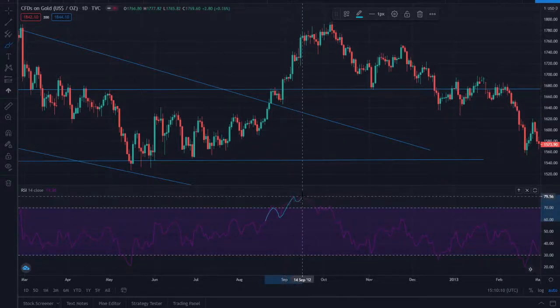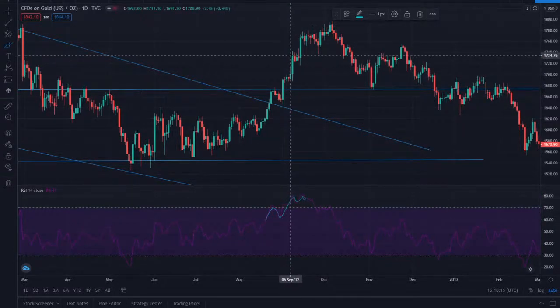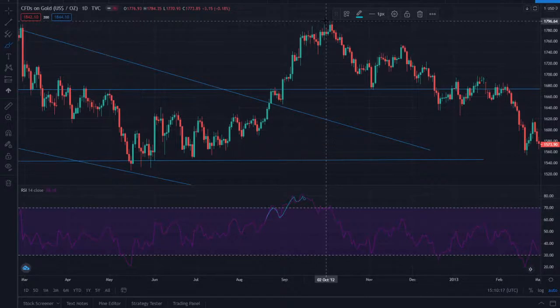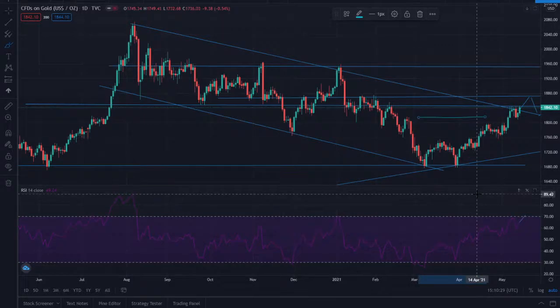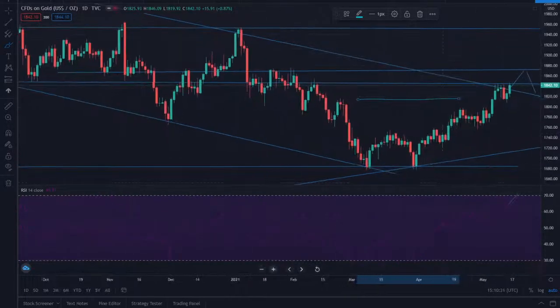And even though it reached the 80 levels, the first time it reached the 80 levels, it still had enough room for another almost 60 pips from the first 80 RSI highs. So the same could happen now, because we are having this kind of